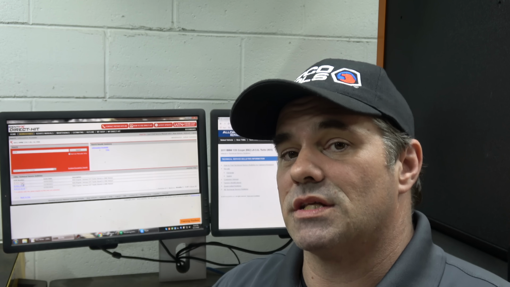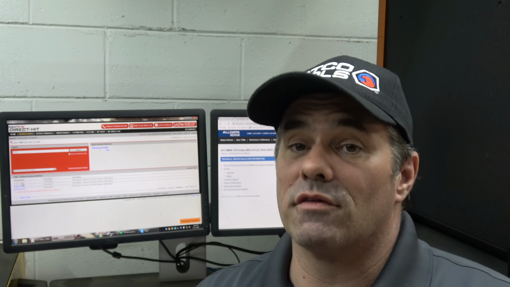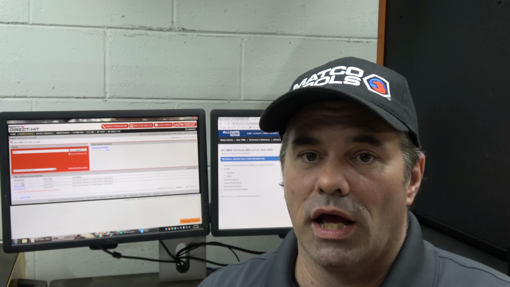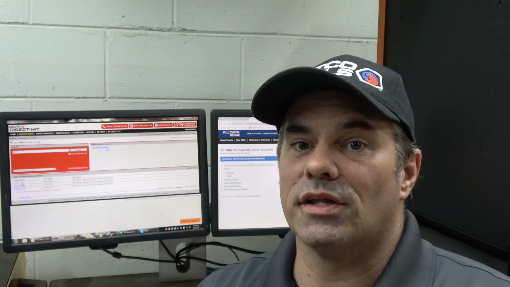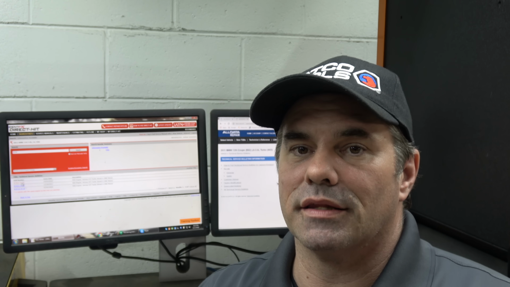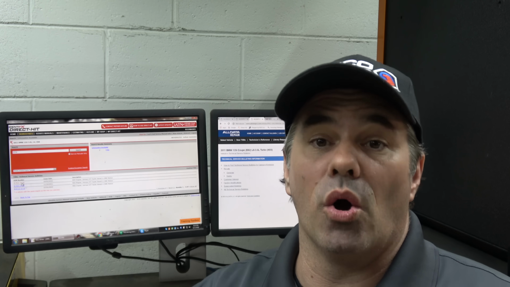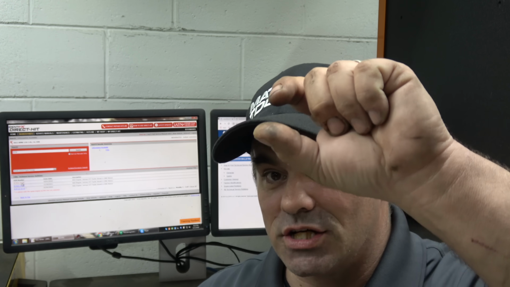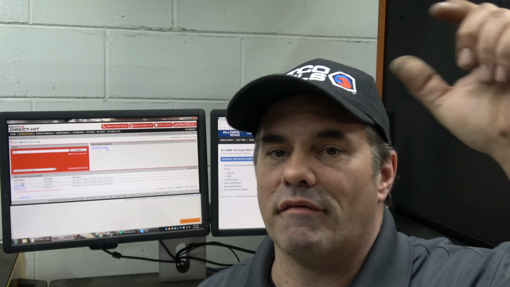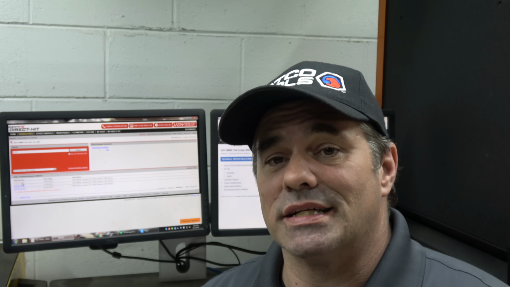Sad part was it was the leak detection pump that another shop installed this year, and even though it was a brand new part, they broke the retaining clip for the one hose. So it had just pulled off a little bit, enough to have a small leak. So unfortunately, the customer has to buy a new leak detection pump because that shop was bought out and is